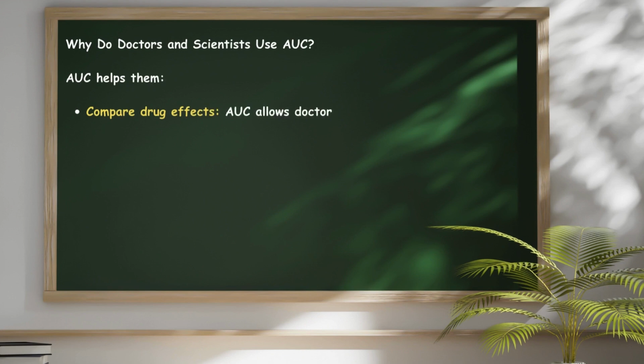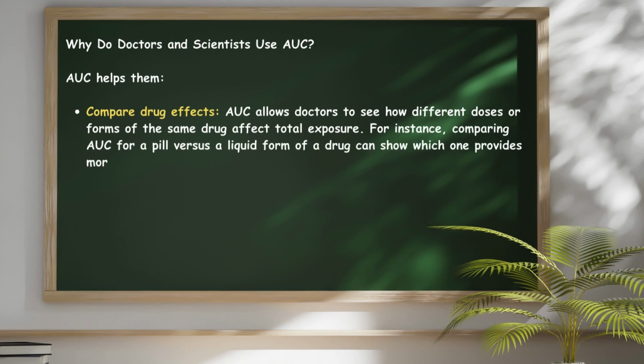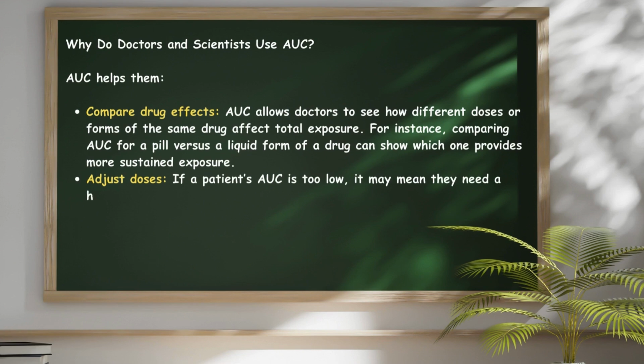Let's look at the uses of AUC. Why do doctors and scientists use AUC? AUC helps them compare drug effects. AUC allows doctors to see how different doses or forms of the same drug affect total exposure. For instance, comparing AUC for a pill versus a liquid form of a drug can show which one provides more sustained exposure. Adjust doses. If a patient's AUC is too low, it may mean they need a higher dose for